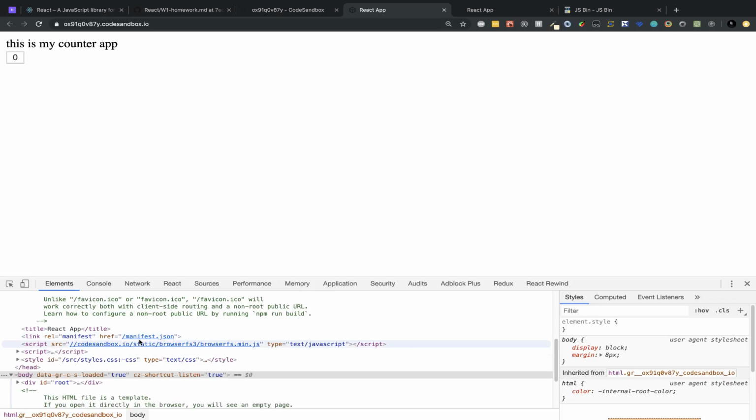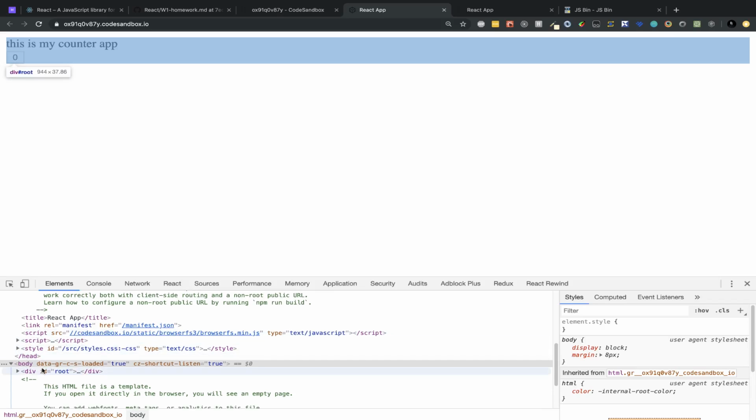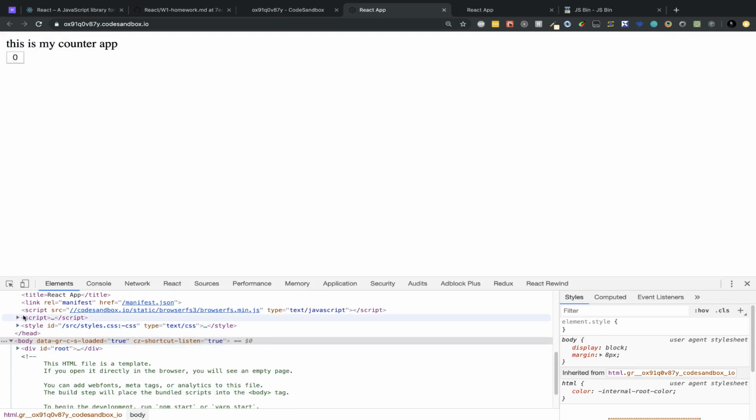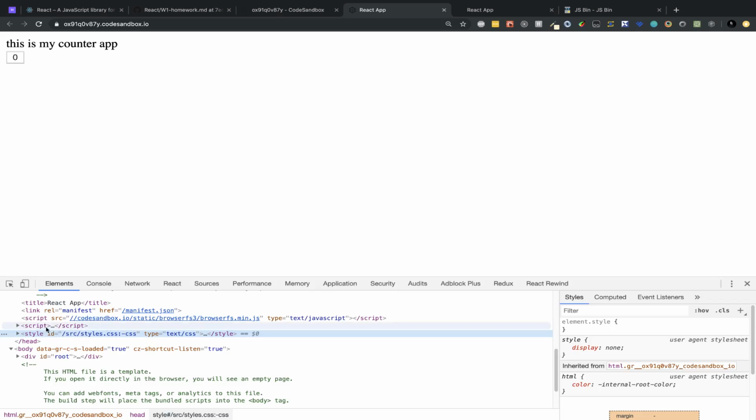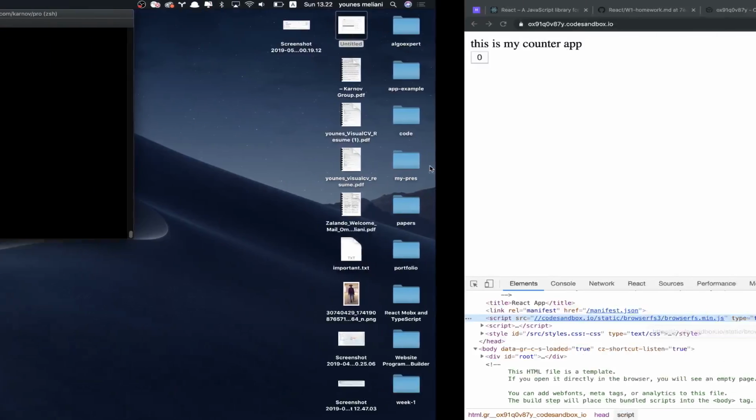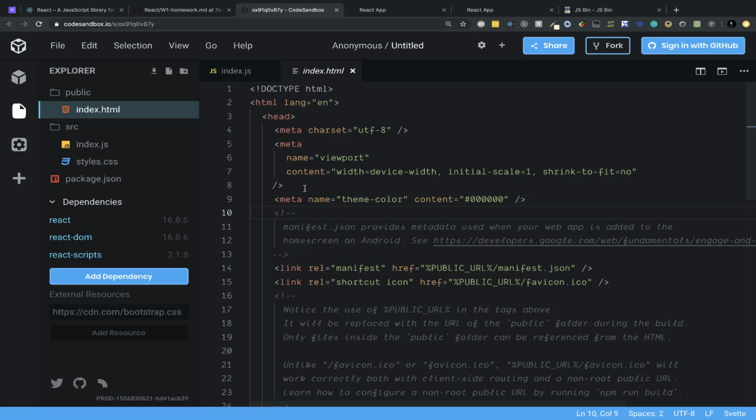Yeah, so you can see here, there is a script. But yeah, for example, there is a script here. And the way it happens, we don't have a script here. But when you are ready to push your project to production, when you are ready to release your project,